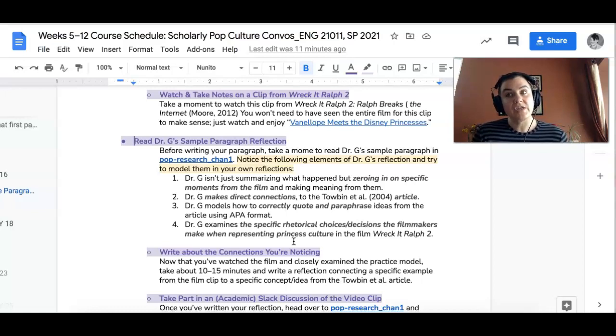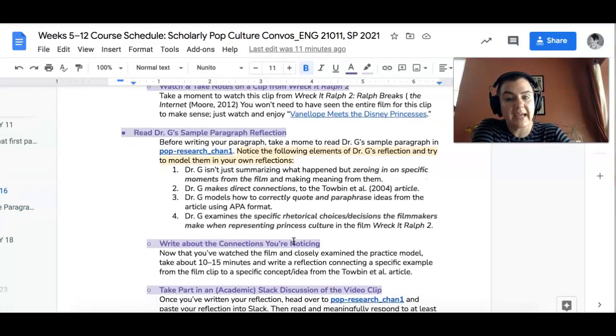And so this unit is really supposed to give you really low stakes practice over and over again, applying academic articles to different children's short films, or series, but by the end, you're going to be like, yeah, this is old hat. I know how to do this, right? Which is good. Okay, so you're going to read my sample reflection. Just really pay attention to how I'm doing that. If you want to, you could totally copy and paste it and really look at it and be like, oh, these are the moves that Dr. G is making. I can do that, right? So, sort of see that.